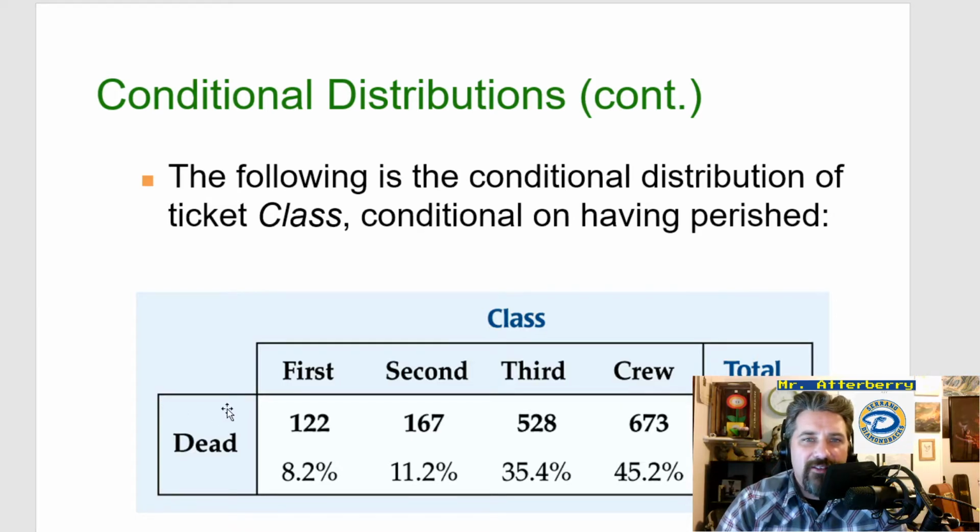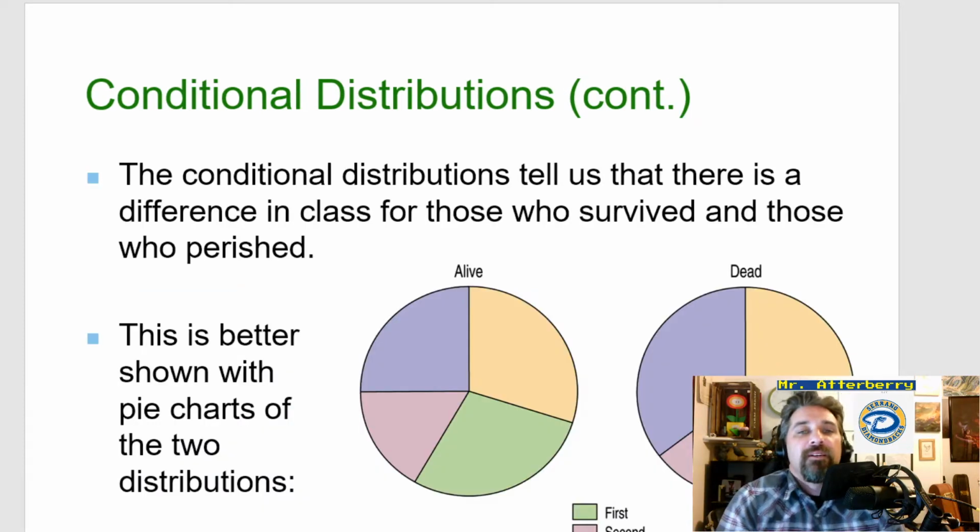But this is called a conditional distribution. So it's not just a distribution, there's a condition to it, like first class people. But the condition is they survived, or the condition we're going to study was that they did not. Okay, it's called conditional distribution. It's like you start somewhere, then you move somewhere else. So more with that, conditional distribution tells us there is a difference in class for those who survived and those